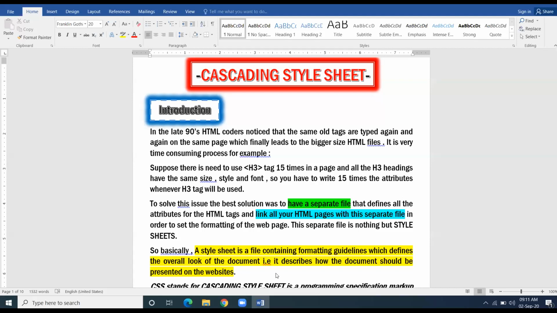In CSS, keep raising your thumb very fast so that I am in touch with you. Now, to avoid this problem, to avoid the repetition of the same thing again and again, what can we do? We can divide our coding into two spheres. In the one sphere, we just write the tags. No attributes, no formatting. We are just going to take the tags.